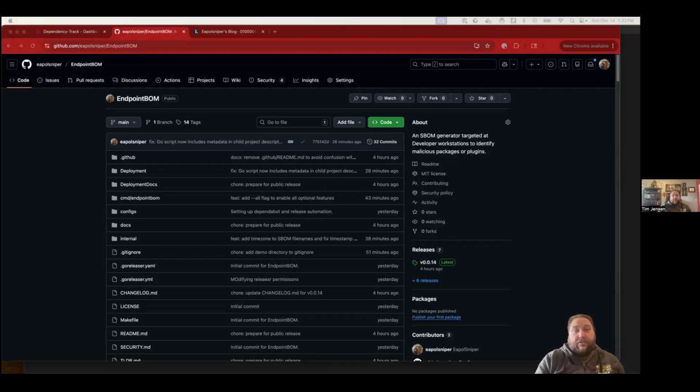So this is supposed to go out, install, run, gather data, and ship it back. I'm going to be showing today using it with an OWASP tool called Dependency Track that accepts the SBOMs that I'm creating in my tool, and then how to visualize that. And then you can use that for monitoring and alerting and things of that nature if there is malicious material. So just really quick,